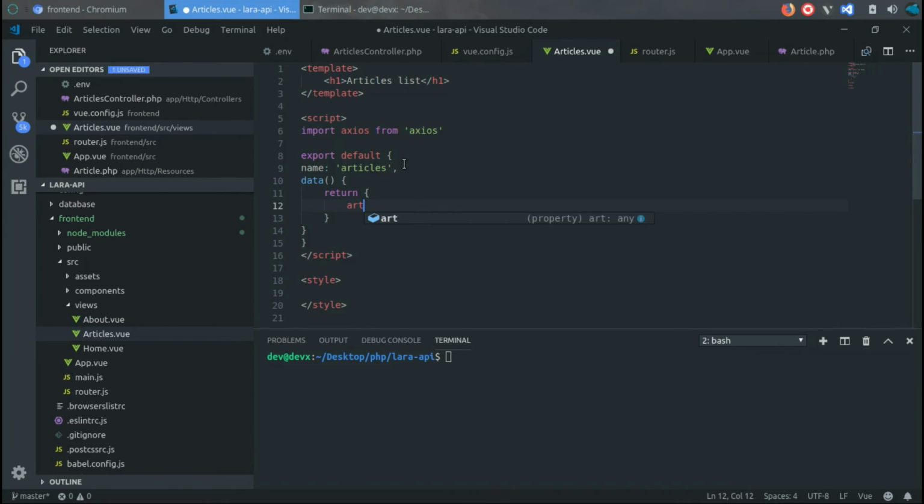Okay, and we want the articles. For the moment we just put it as a null. Okay, and we want,